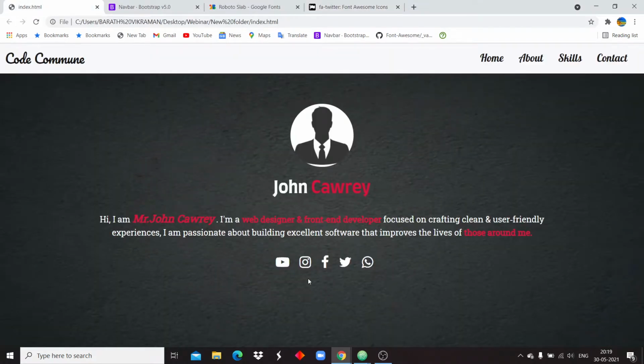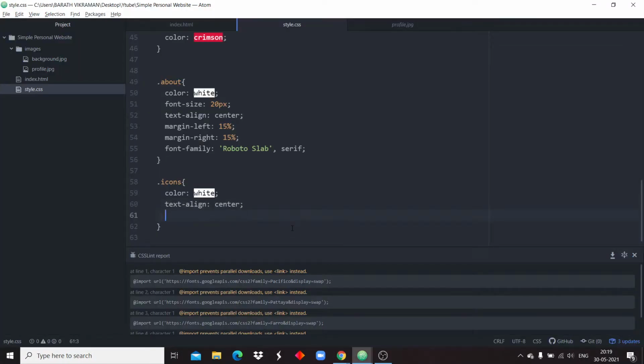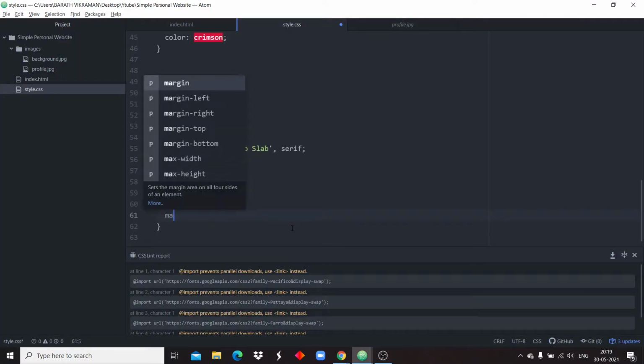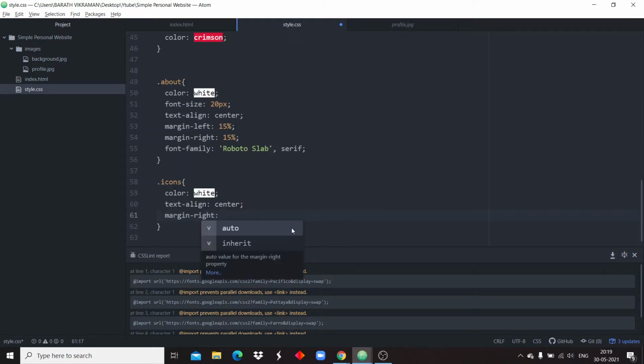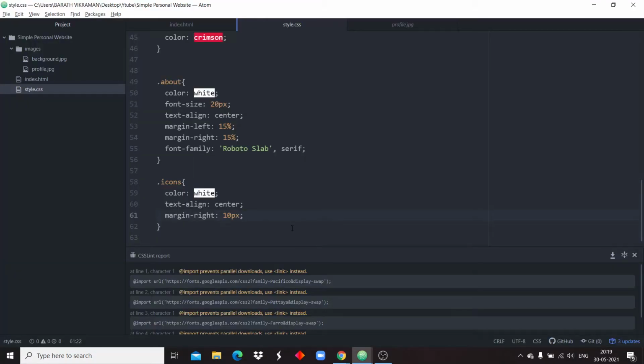Now we need some spaces in between the icons. So I'm positioning a margin right of 10 pixels.